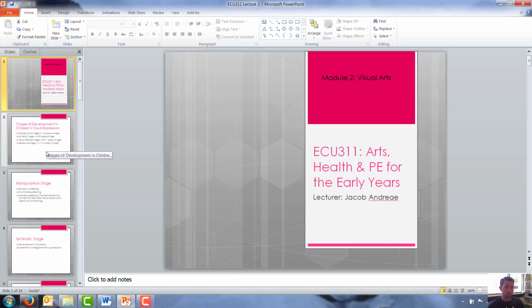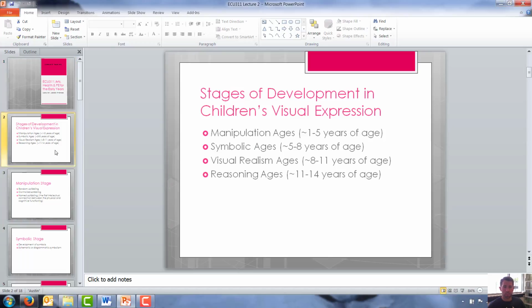And we're going to start off with the stages of development in children's visual expression. So you've got 4 stages of development: manipulation ages, which is approximately 1 to 5 years of age; symbolic ages, approximately 5 to 8 years; visual realism ages, approximately 8 to 11; and reasoning ages, approximately 11 to 14 years of age. Being art, health and PE for the early years, we're just going to focus on the first 2